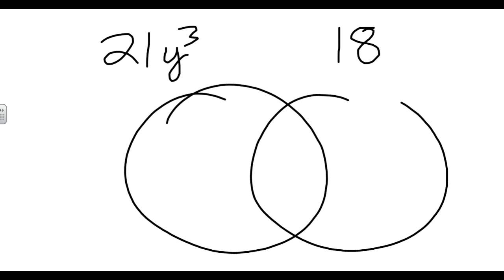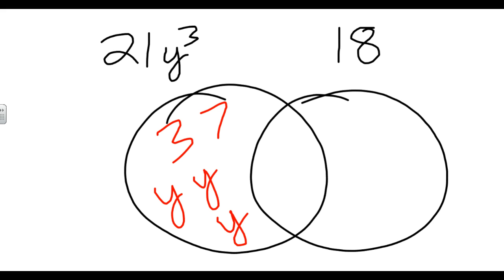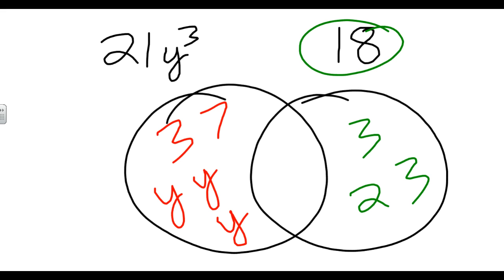Here's our Venn diagram. When we find the prime factorization of 21y cubed, it is 3 times 7, and then there are 3 y's. To be careful, because y's, if you draw them a certain way, look like 4's. And then 18 is 3 times 6, so 3 times 2 times 3. So no variables on the 18. So the only thing that these two can possibly share then is a 3, because they can't share a variable,